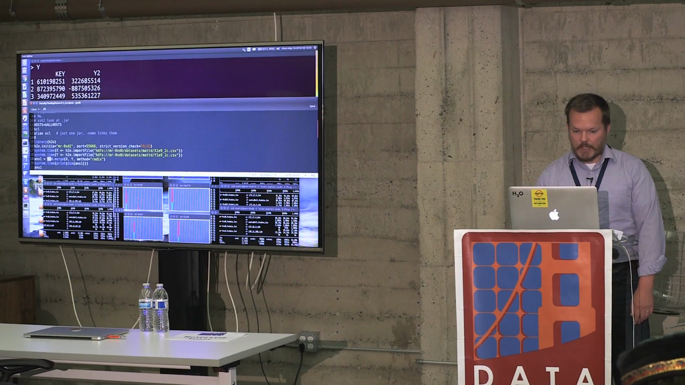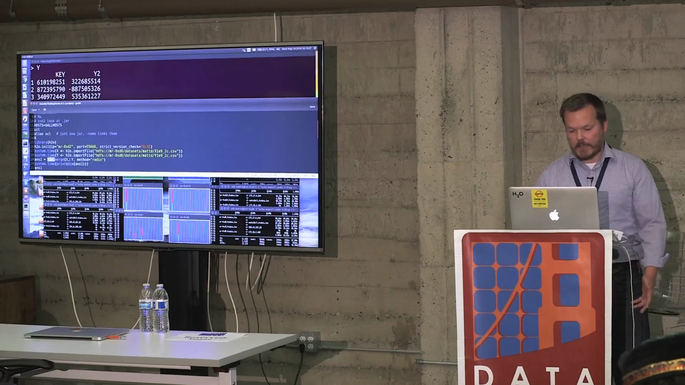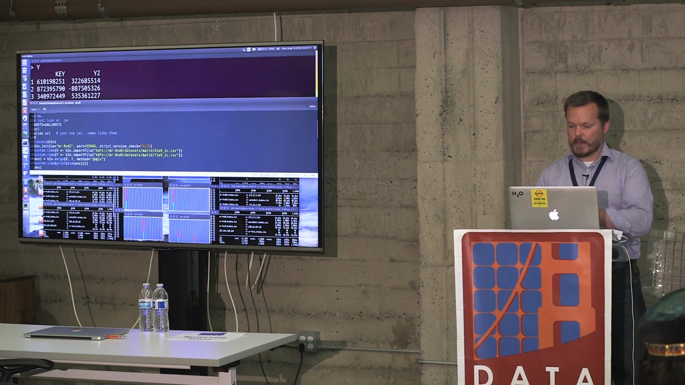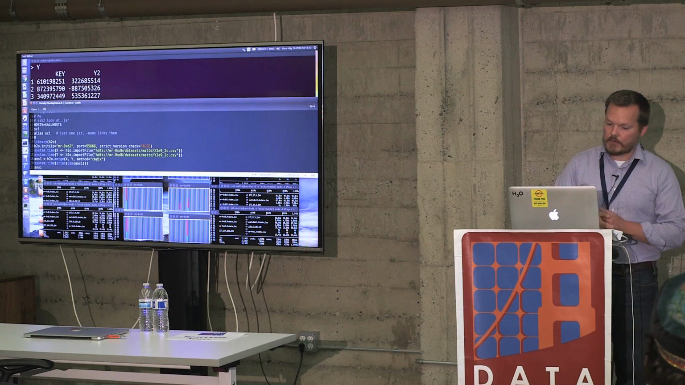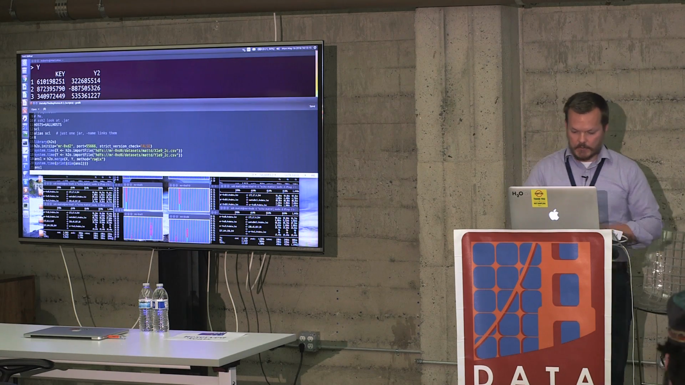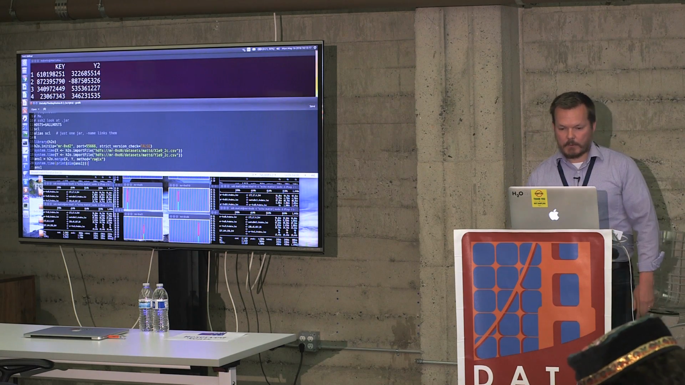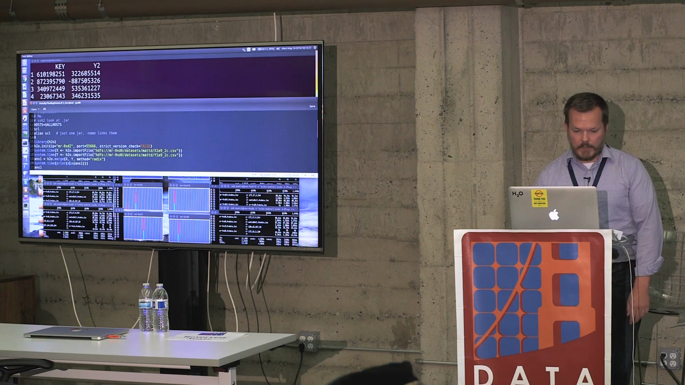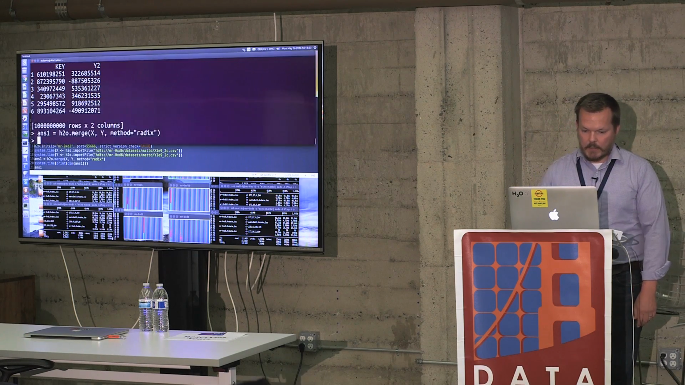So we've just got h2o.merge, the left table, the right table. And in this case, the method radix is this new method I'm showing. It's in test, so you need to pass method equals radix. So let's just run that. That comes back instantly because it's lazy. So we need to do something with it. Let's just print the dimension of the answer. So it's